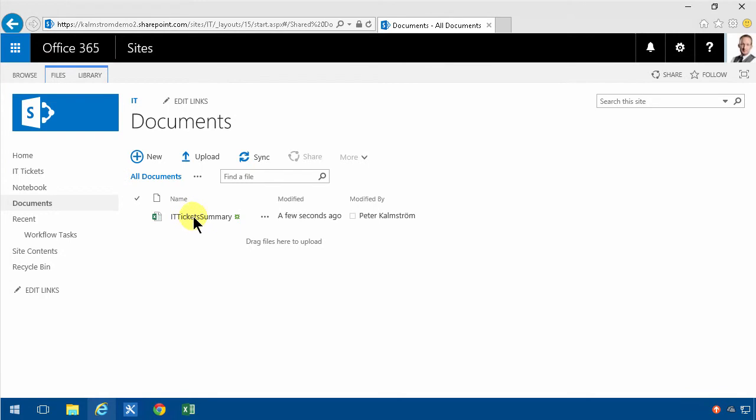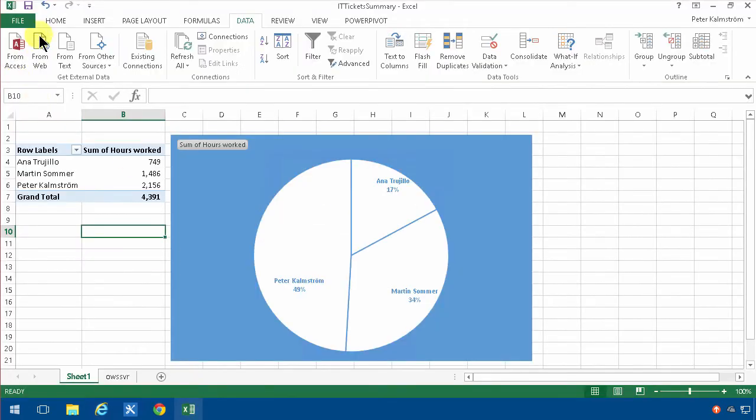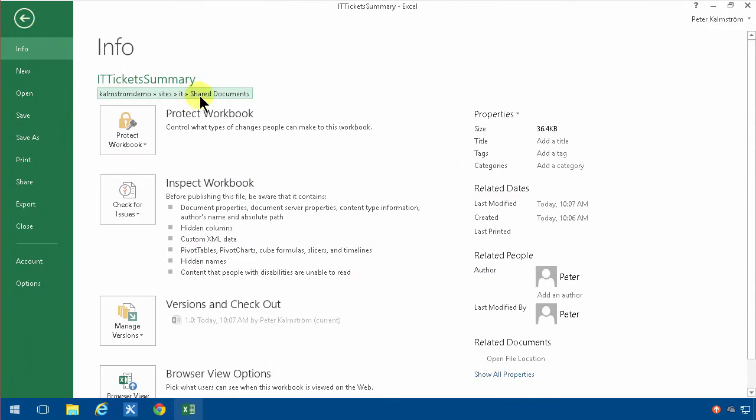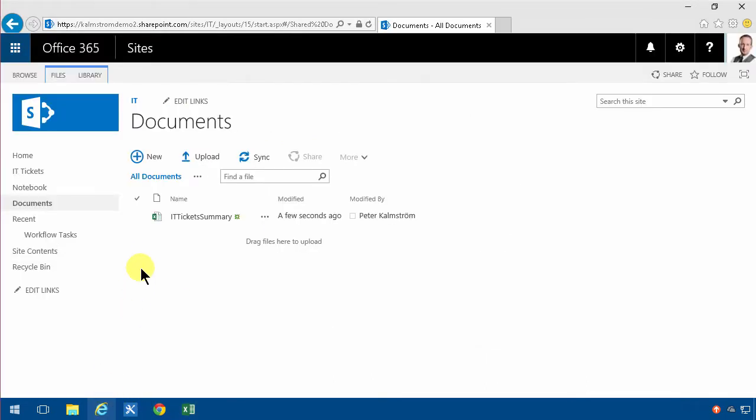There it is. Now I'm going to put that in my landing page, and I'll do that by copying the path to this document, and I'm going to copy that link to the clipboard. I do that most easily from inside Excel, and then I'm going to go into my IT Tickets landing page. I'm going to edit that page,